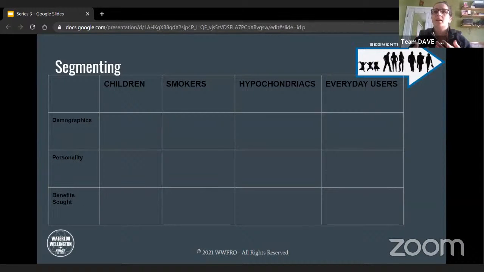With segmenting, the idea is splitting all possible customers into small categories. You want to think about measurability, accessibility, sustainability, and actionability. Measurability is the understanding of the size, purchasing characteristics, and value of the particular segment. You want to think about accessibility, the ability to communicate with the segment in an effective manner, whether it's profitable enough to differentiate itself from other segments, and then the capacity of the organization to create a competitive advantage with what it offers.